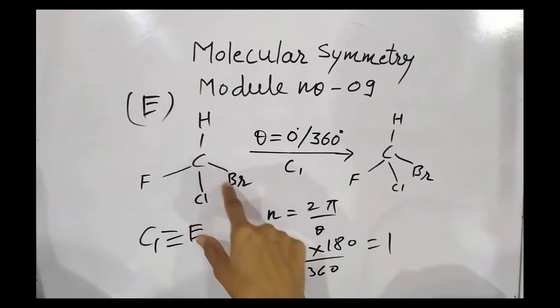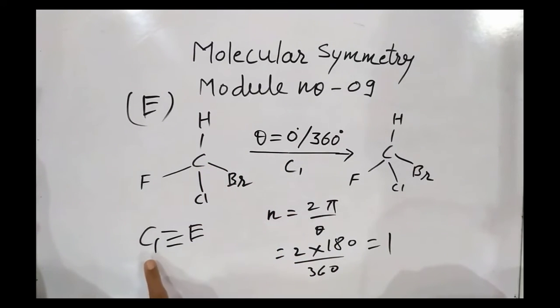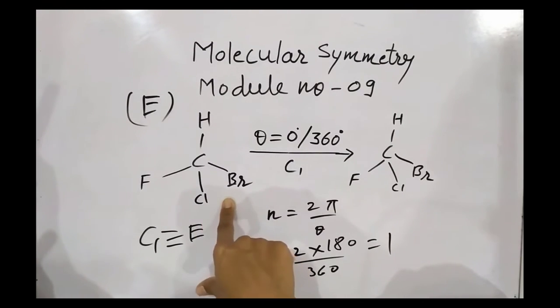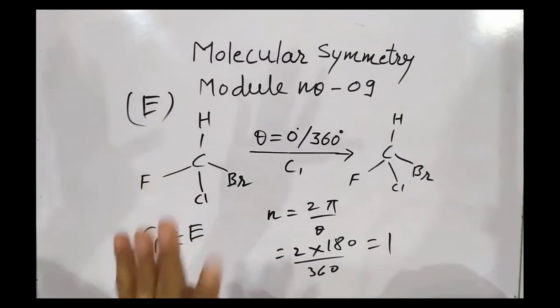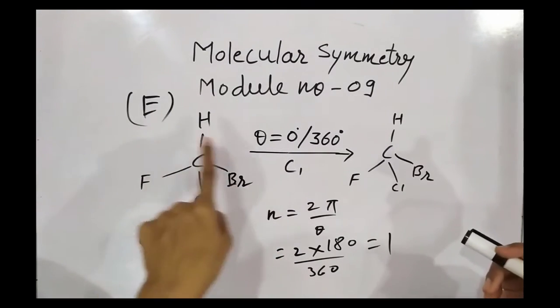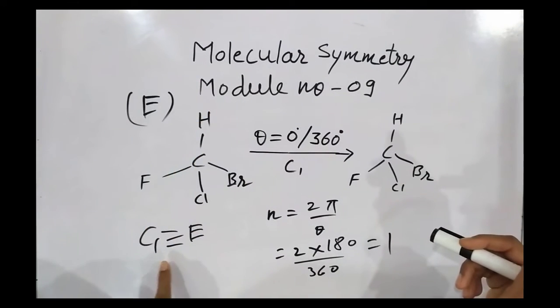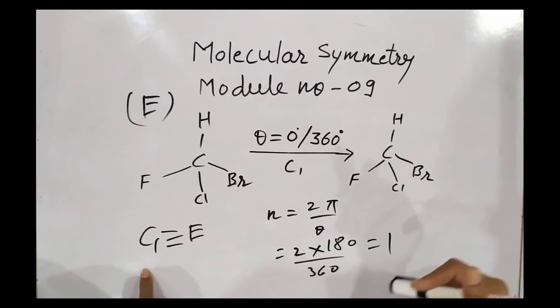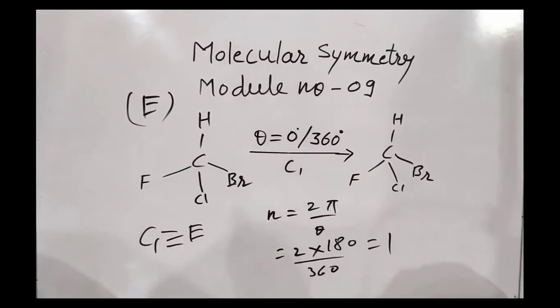And this is the example which contains only identity or C1 as the symmetry element. If you try to find another symmetry element in this molecule, you will not get any. This molecule contains the one and only symmetry element, that is identity or C1. Alright. So with this we have completed all the 5 symmetry elements, and now we will be proceeding toward the detection of point group. Before that, let me take you through a small revision of all the symmetry elements.